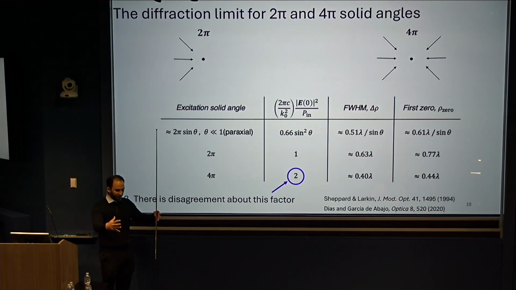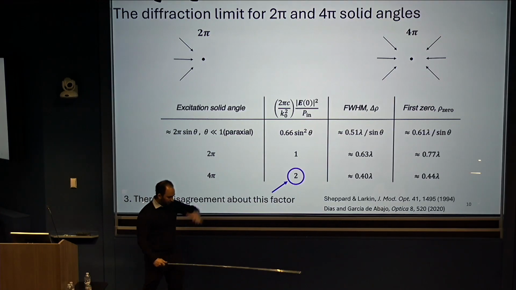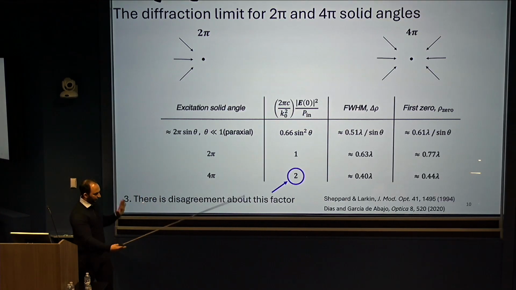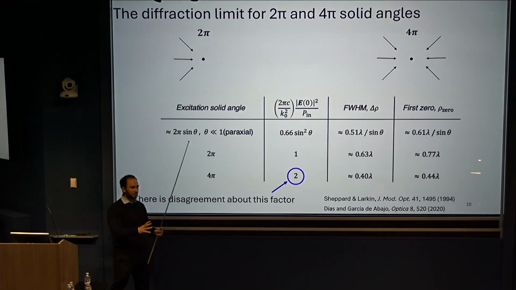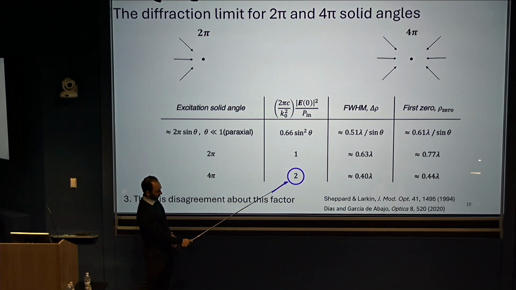Shepard had done a vector spherical wave calculation. The wave comes in. We just calculated the power relative to the incoming spherical wave. Garcia de Abajo was interested in coupling to plasmons. He sort of did this on the way to that problem. And he redid the problem with plane waves coming from both sides and said, no, the correct number is 2. And Shepard sort of missed this interference with electric and magnetic effects. In about 15 minutes, I'll try to convince you the only sensible number here is infinity.